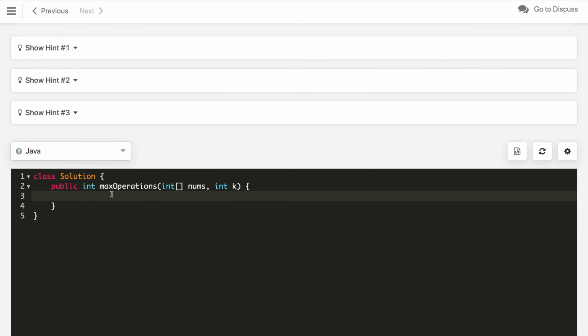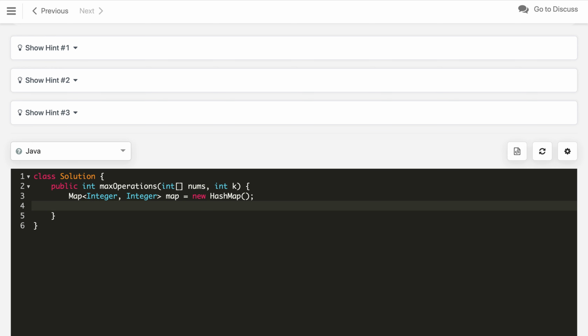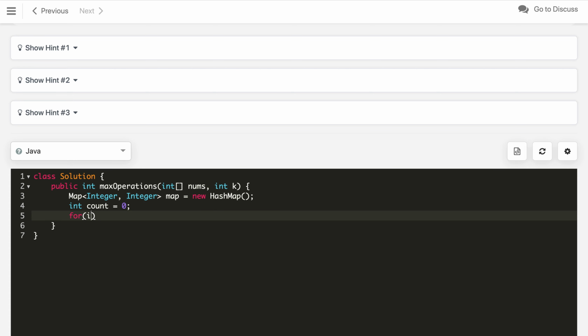For implementation, first we need a map. This map will have integer, integer, and we will initialize a count from 0, so that we can count all such pairs. We iterate over nums, instead of by index, so let's say n in nums.